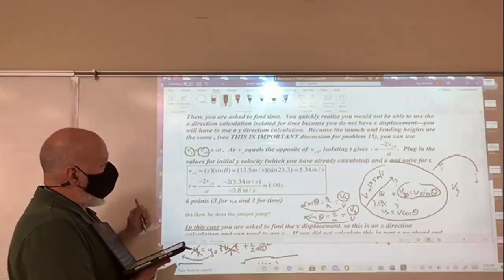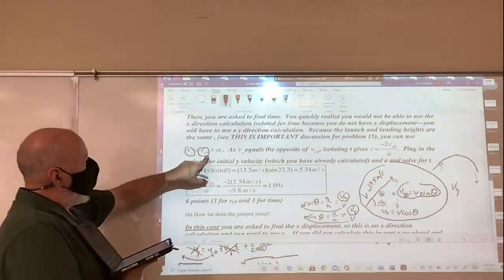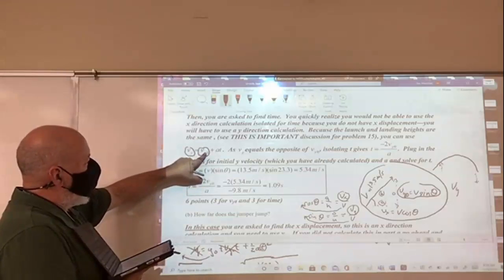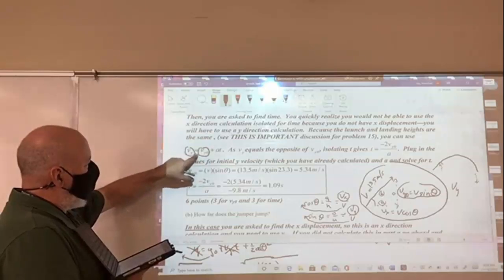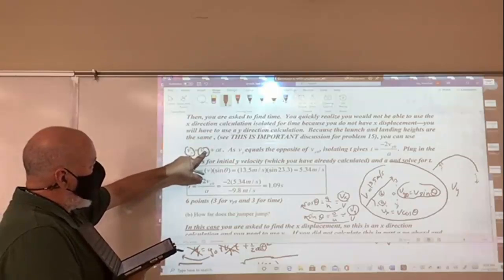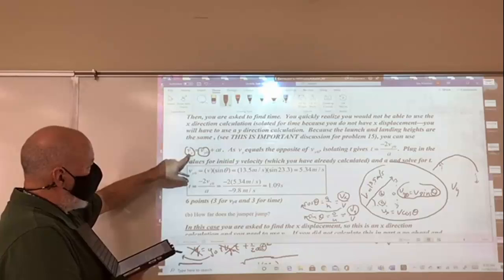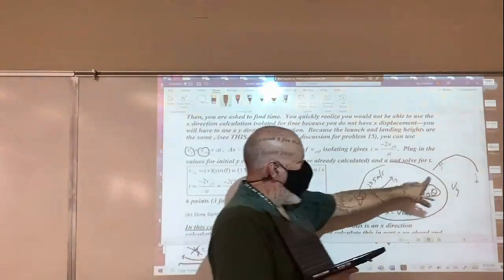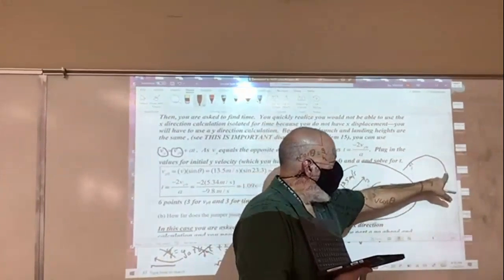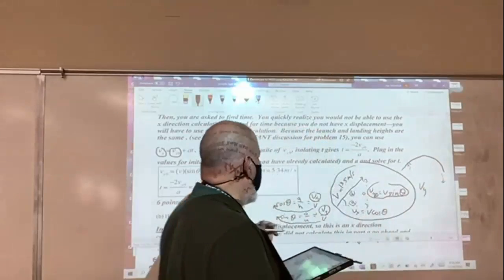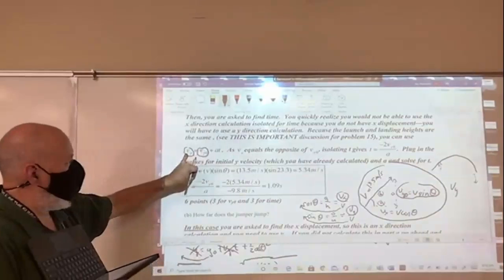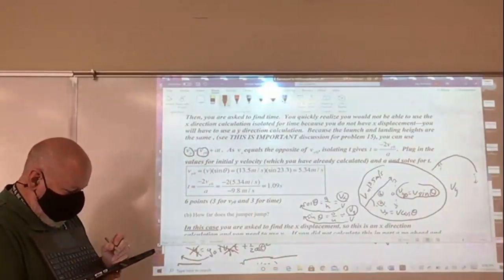So what I said is, I can substitute negative Vy0 in for this, because the negative of this is this, right? Vy here, or Vy0 here, negative Vy0 there. So I'm just going to substitute negative Vy0 in for the